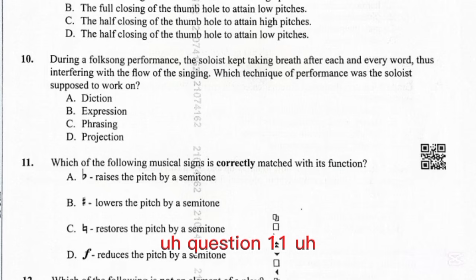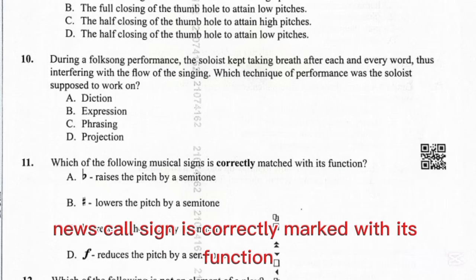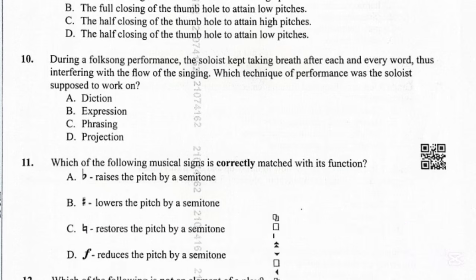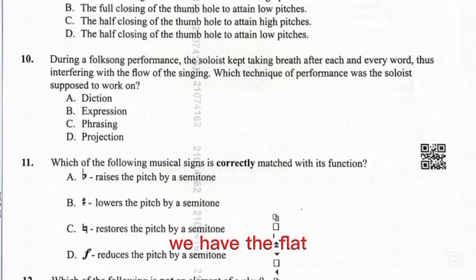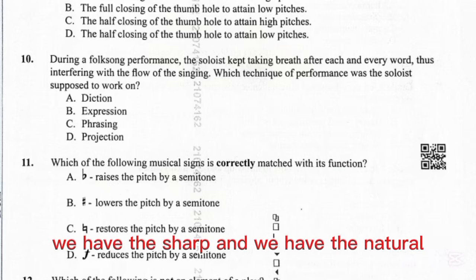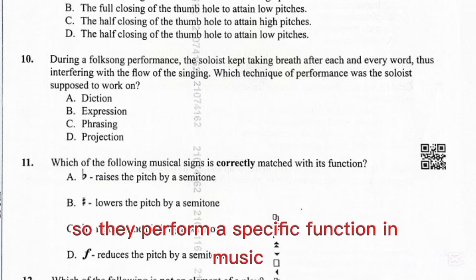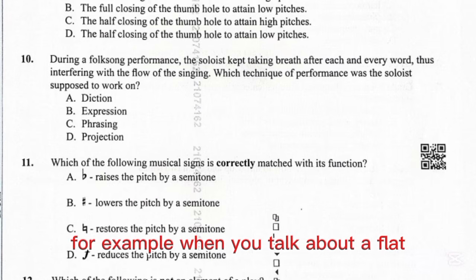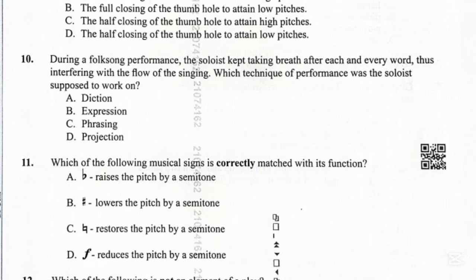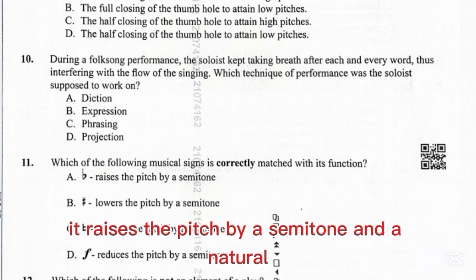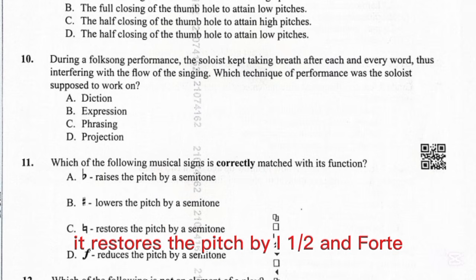Question 11. Which of the following musical signs is correctly matched with its function? Remember, I have talked about it in question 1, where we have the accidentals: the flat, the sharp, and the natural. They perform a specific function in music. For example, a flat lowers the pitch by a semitone, a sharp raises the pitch by a semitone, and a natural restores the pitch by a half, and